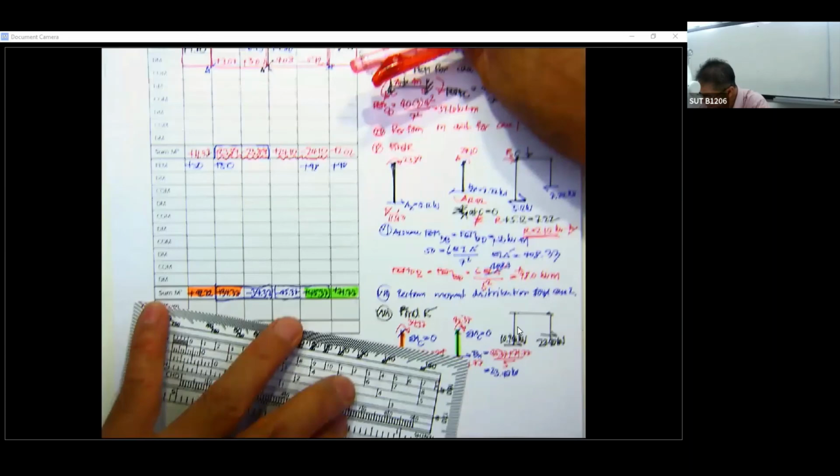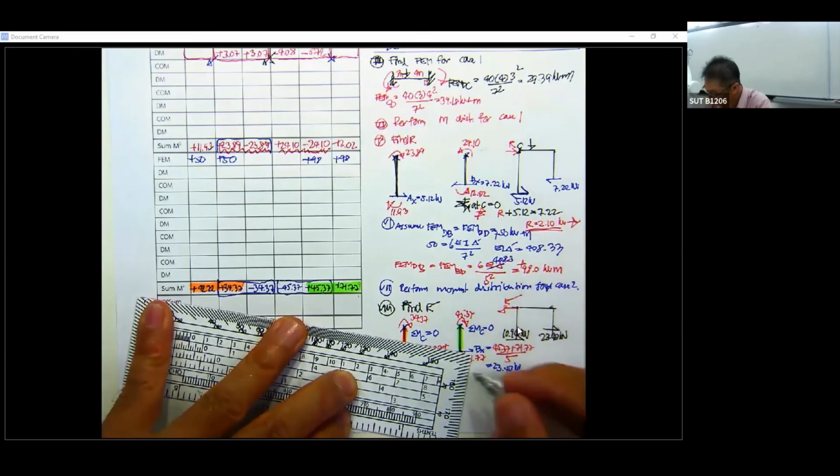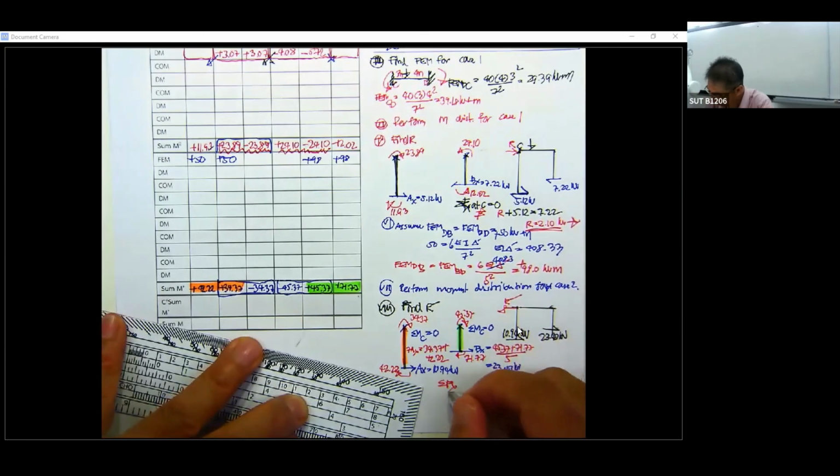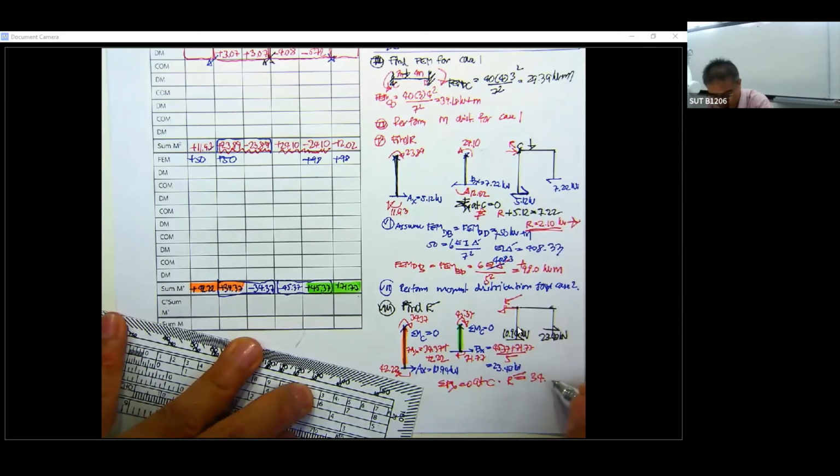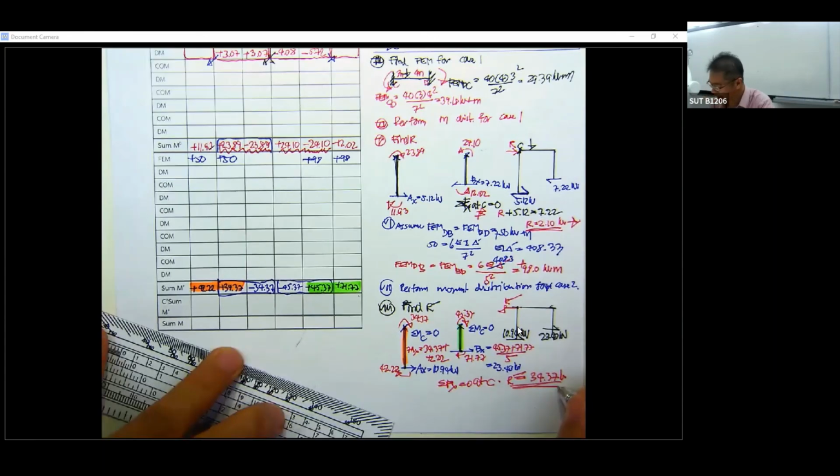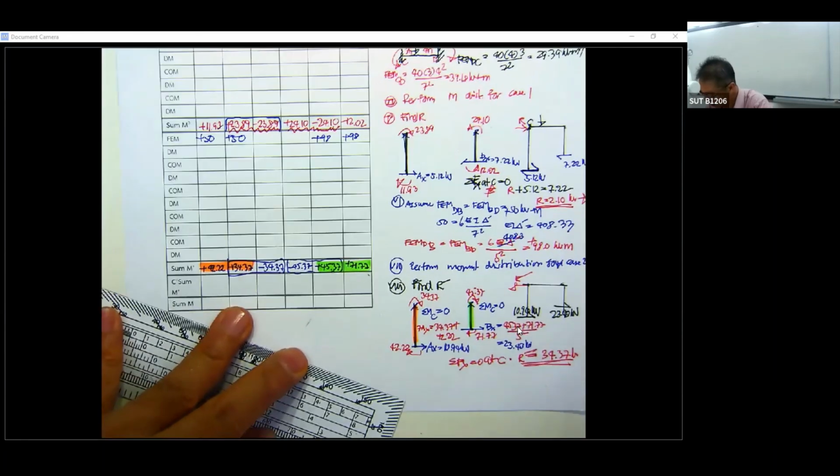So you have this one for the R palm. You do the summation of forces in x equal to 0 at C, and then your R palm is going to be the sum of this 34.37 kilonewton, and then number 9,